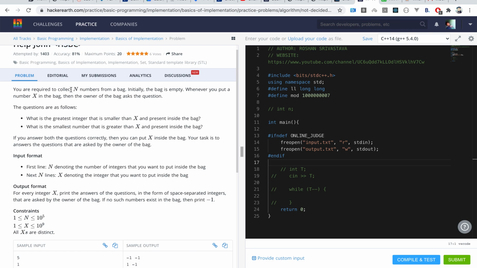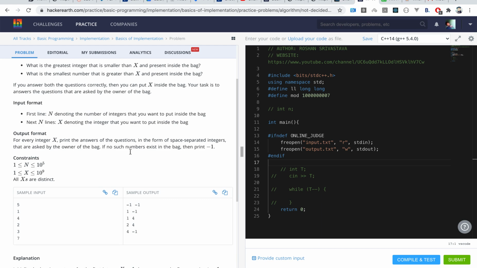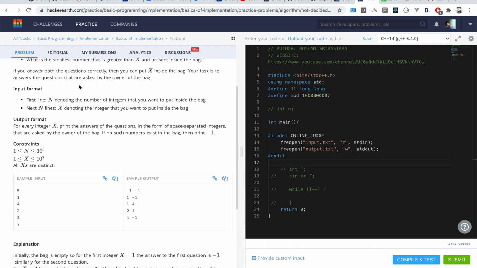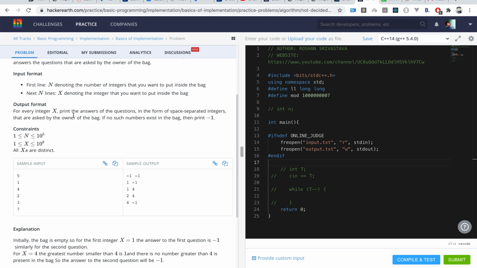So basically, instead of collecting, what this problem statement meant was that we need to insert some values into the bag. Your task is to answer the questions asked by the owner of the bag, and there are certain scenarios when this number does not exist. In that case, if there is no value smaller than x or greater than x, we need to print -1. The constraints are that the number can be as big as 1 billion, and